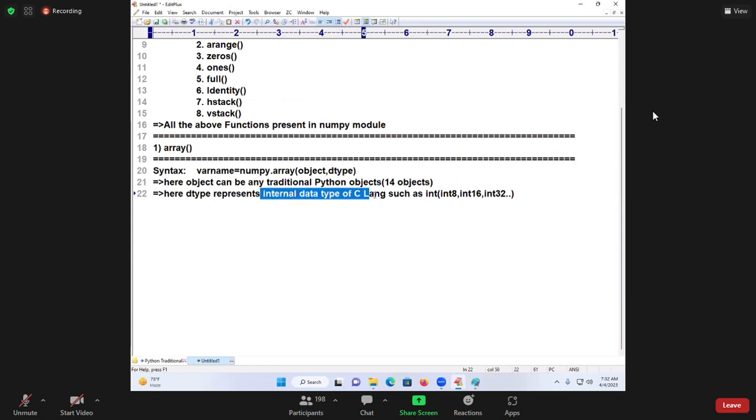The internal data type of what? C language. What is an internal data type? int8, int16, int32. These 8, 16, 32 are called what? Binary representation of your data. So 8-bit data, 16-bit data, 32-bit data is considered what? int8, etc. Next, if I go to float, here, float if I take it,